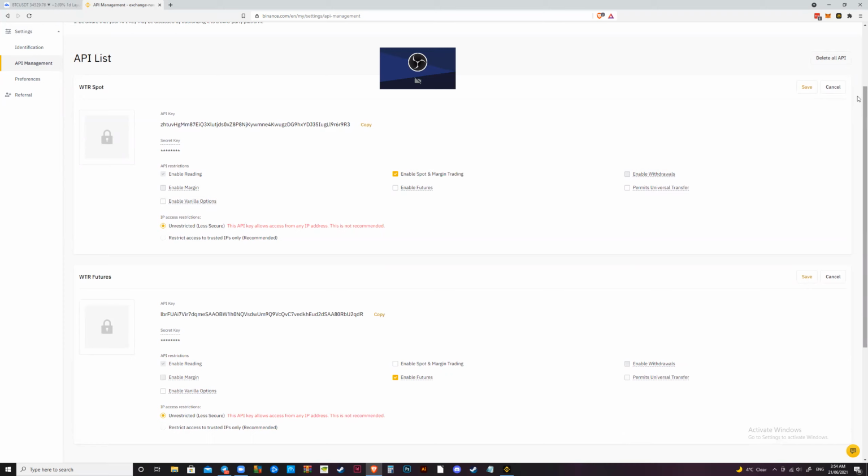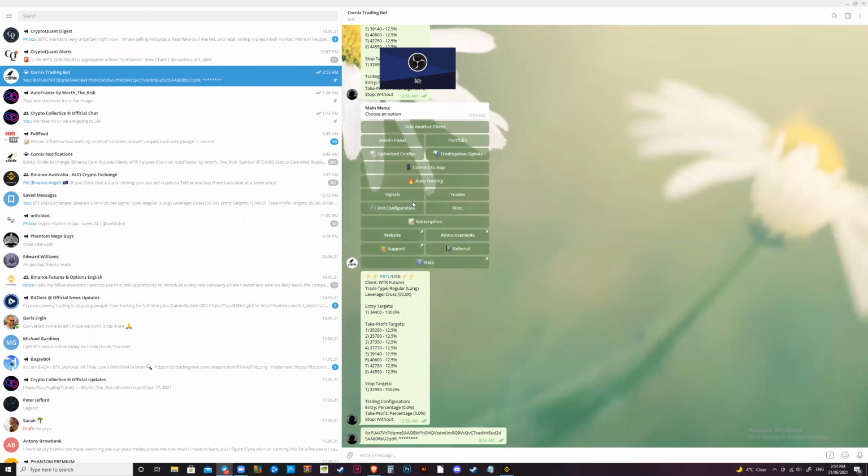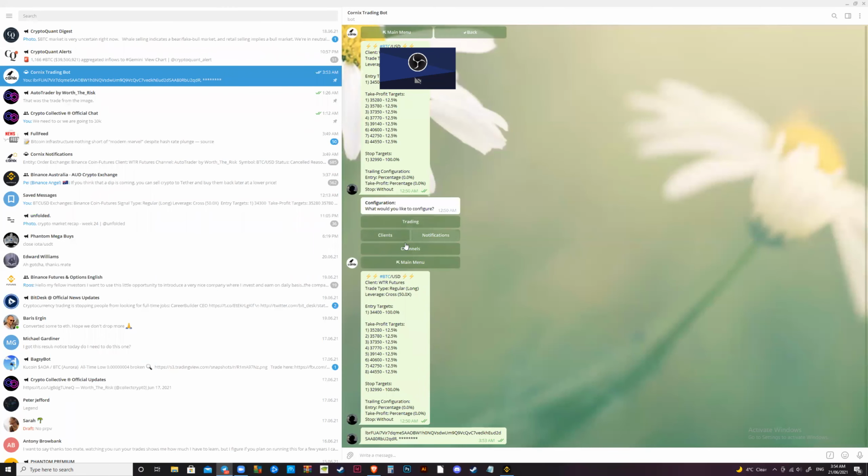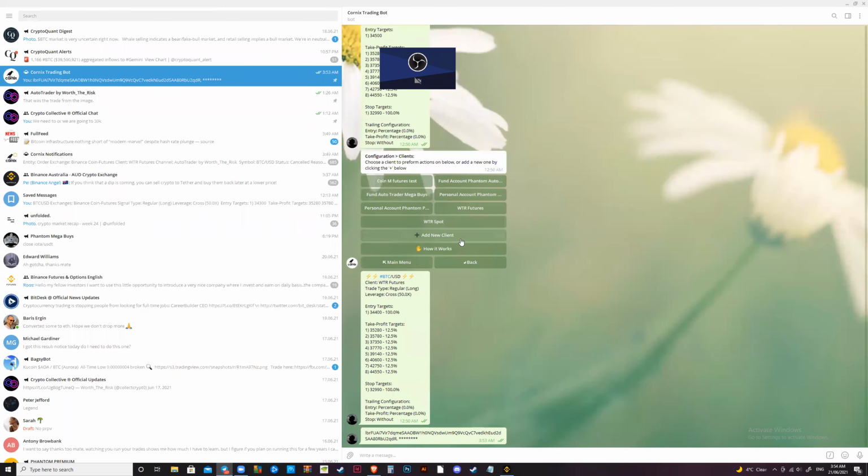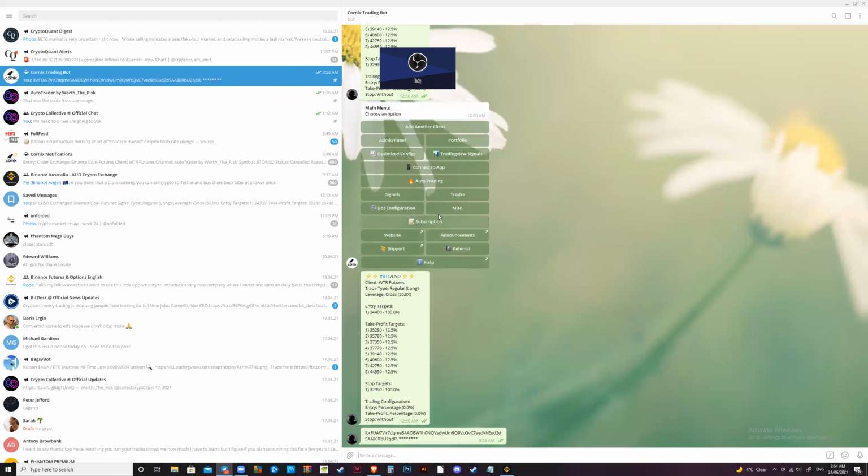access unrestricted. Make sure you copy the API and the secret key, and then repeat the same step and go to bot configuration, clients, add your second client, which is WTR spot. So the first one is for leverage trades, and the second one is for just normal trades. You're going to add that new client and your new key, just like you did before, and then go back